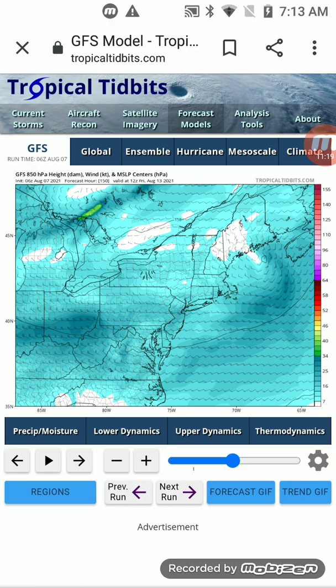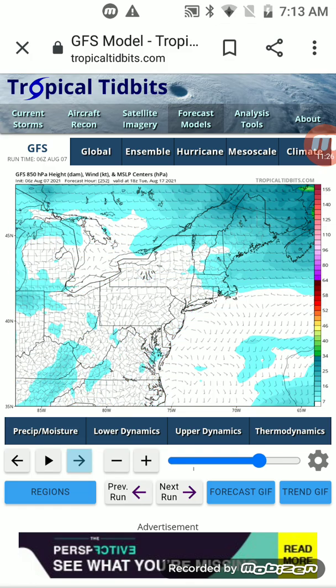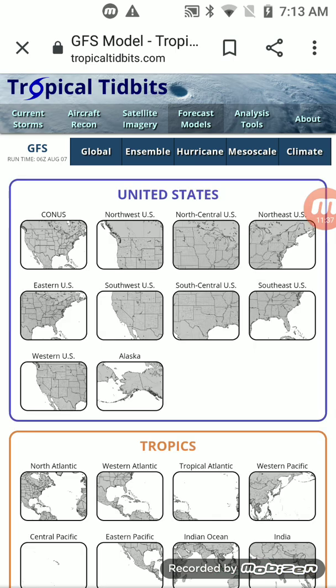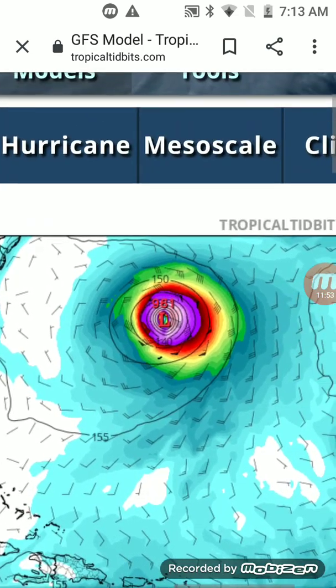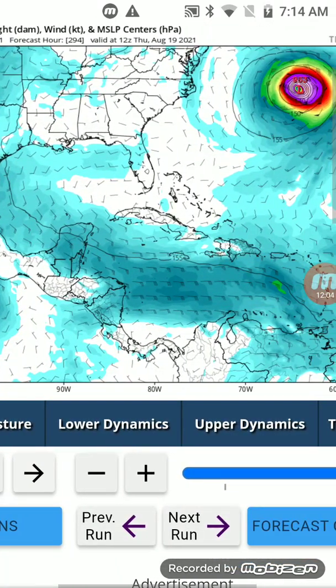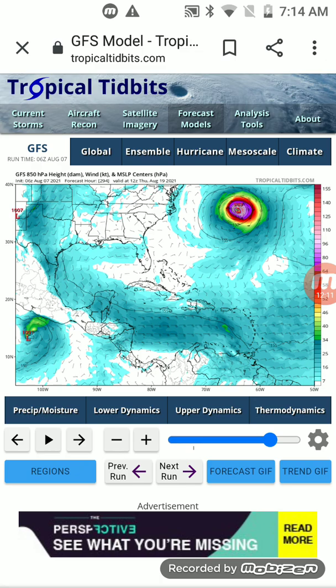Okay, let's go way up here to see what the storm does. You can see here the storm approaches. Wait, look at that intense storm there, bro. That storm there looks it's there. Okay. Notice this is a 961. Okay, so since it's in that color, the storm is gonna get